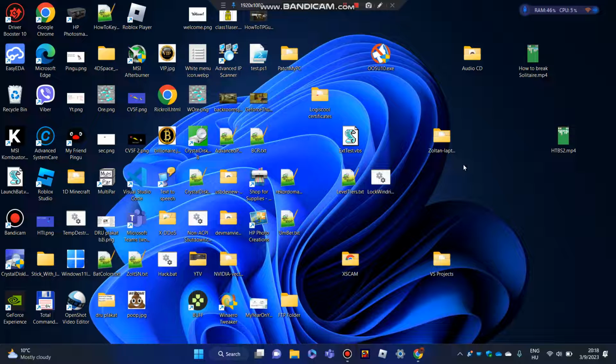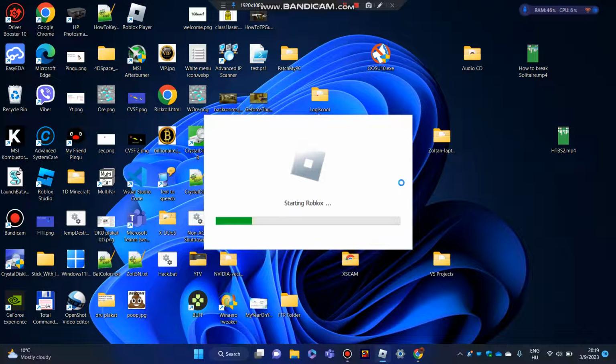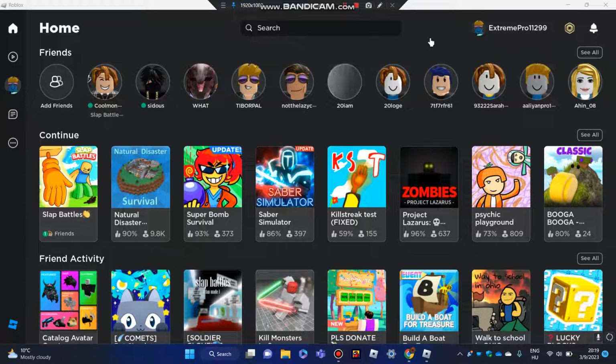Hey guys, today we're going to show you how to update Roblox on PC. If you have the app that you got from the website, it's really simple. Just open Roblox, and if there's an update available, it will automatically update. I don't have any updates available, but if you have an update, then it's going to update by itself when